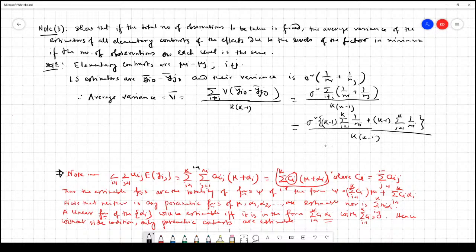So this is simply we write 2 into k minus 1, sum over i from, because i and j are dummy variables, so this gives